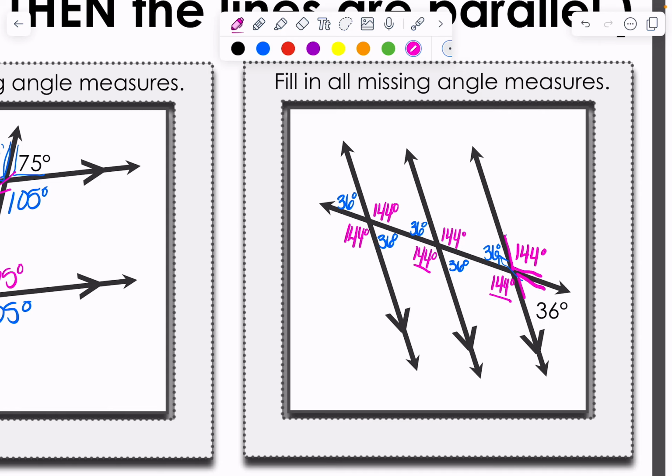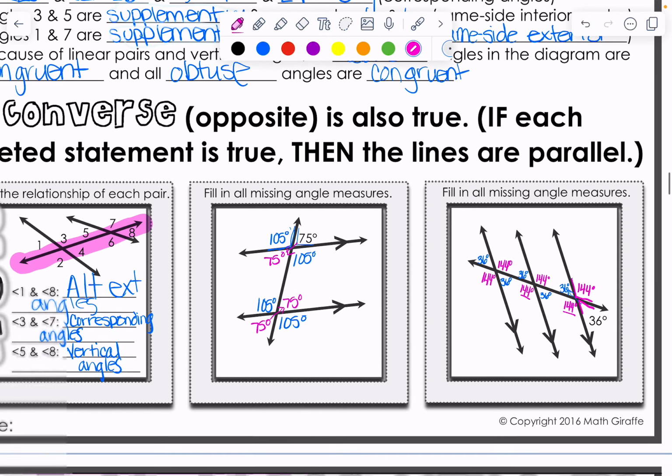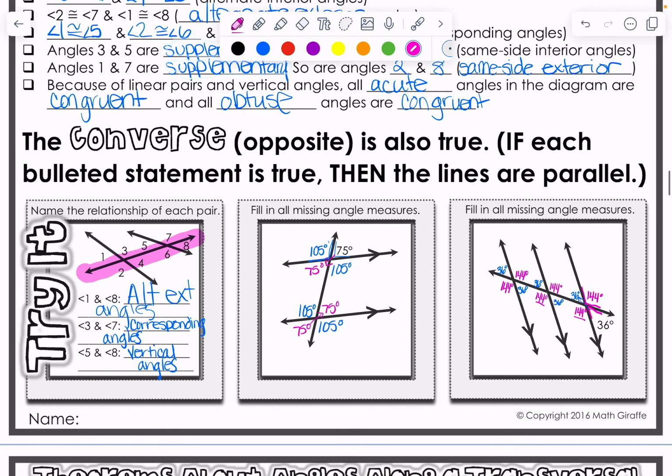So again, it's going to be kind of like a puzzle. Like once you know one angle measurement, if you have parallel lines that are being crossed by a transversal, if you know one angle measurement, you should be able to solve for all of the angle measurements. So this is kind of our mild type problems that you might be having where you're just given a number value and then you need to solve for the other angles. How it'll kick up a notch tomorrow will be